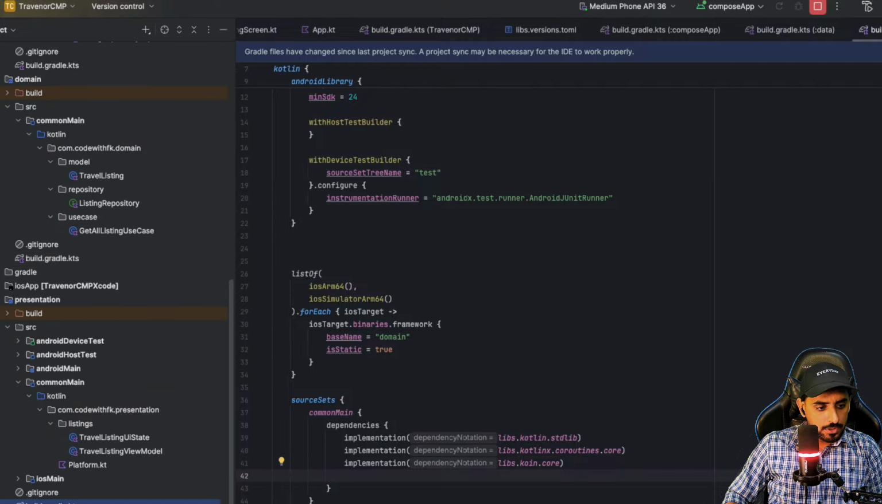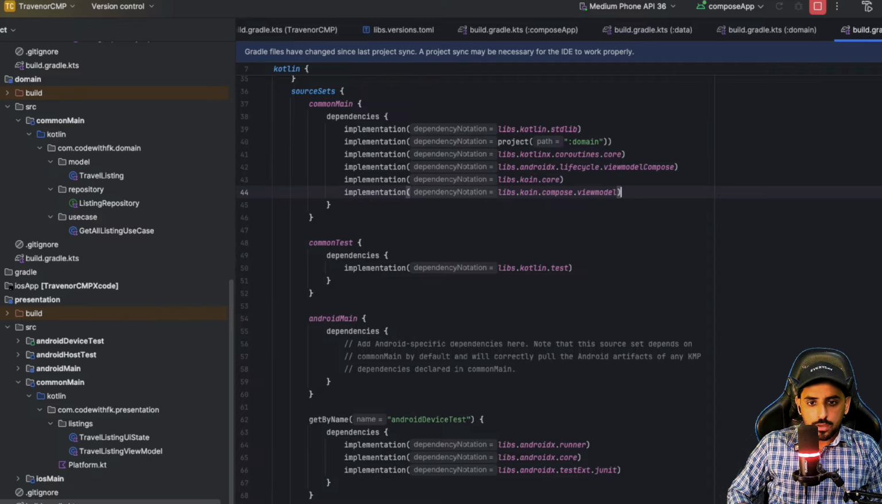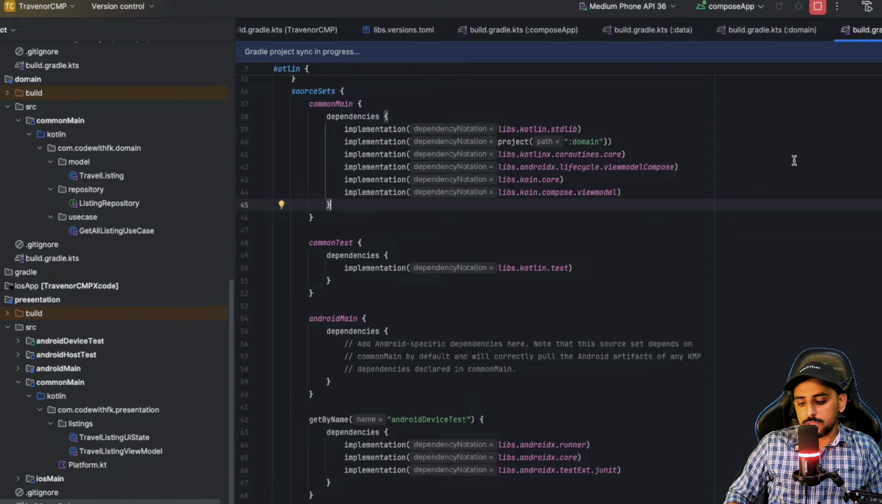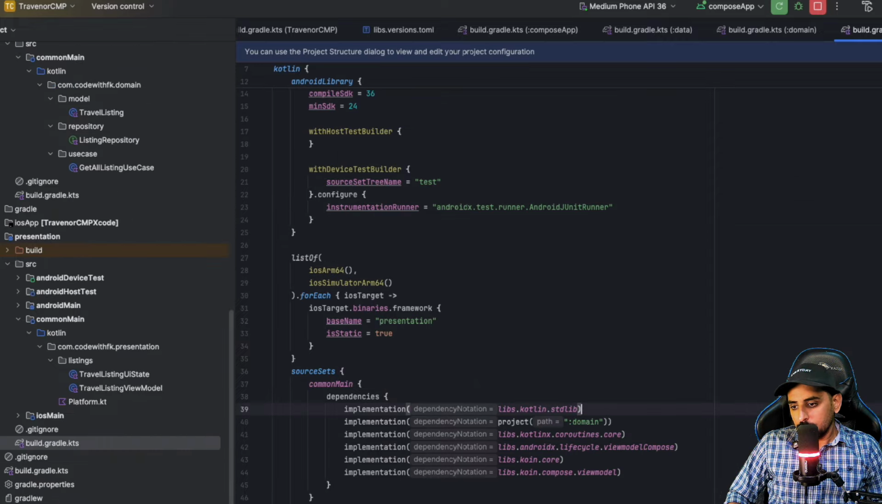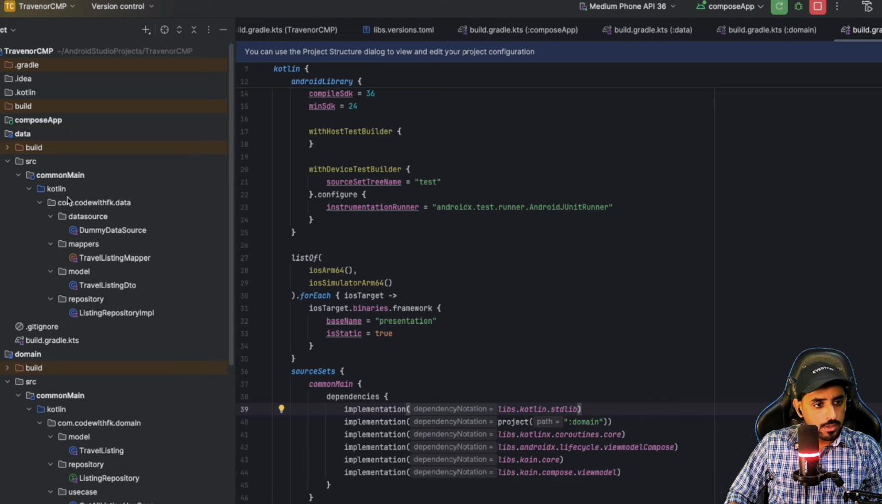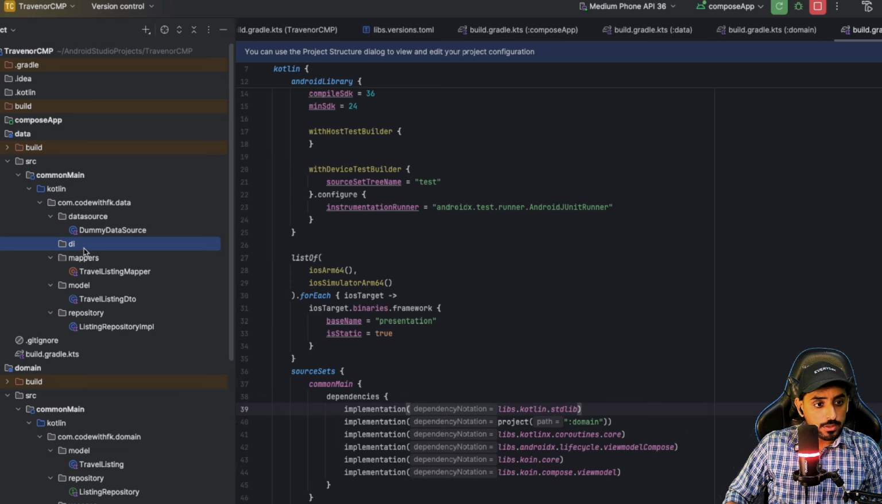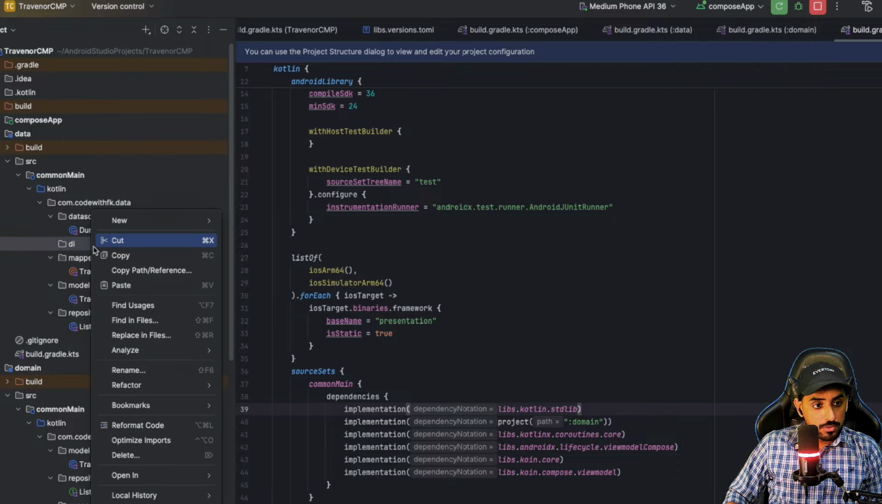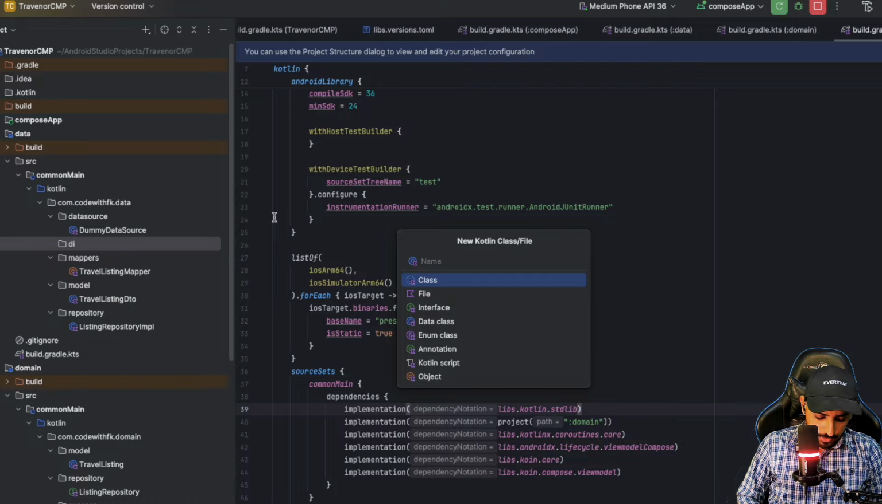And now inside this presentation, Koin Core and Koin Compose ViewModel. So these are the two things that we did over here. Now let's just sync this as well. Okay, so now the importing is done, and now what we need to do is create a package, call it di. And this is going to be the data module. So let's create another Kotlin file, and call that data modules,